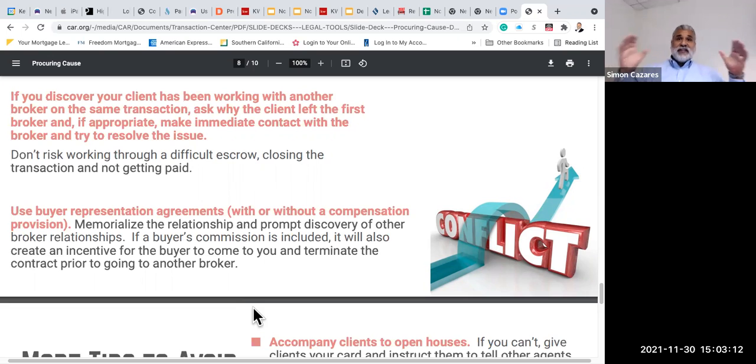And if it's within the contract, right? This is why they have a beginning and an expiration date. And if it falls within those parameters, then guess what? You can go after and go into a procuring cause claim and have the buyer or the other agent. And maybe the agent doesn't want to be involved with them. They said, look, you know what? I don't want this to go any further. It's going to delay the process.